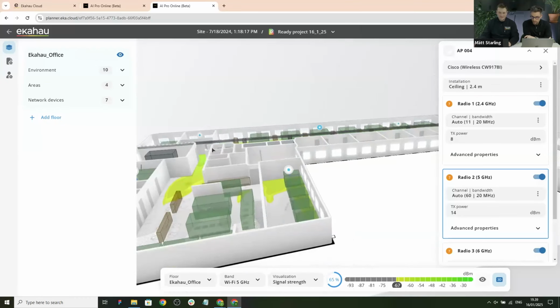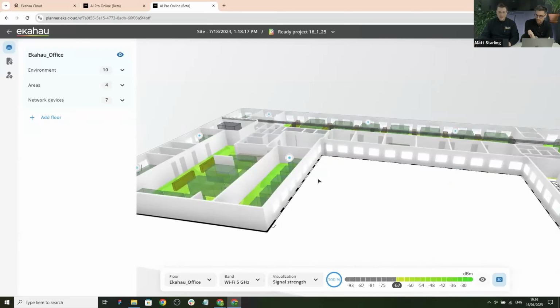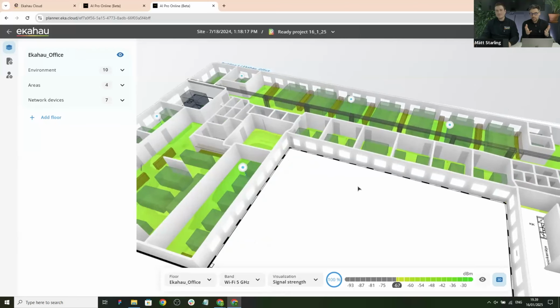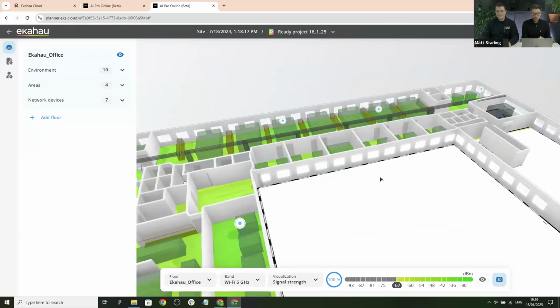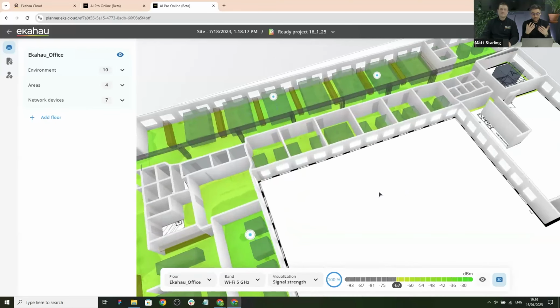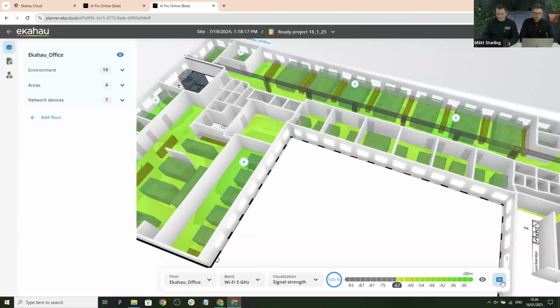A few people in the chat are asking when can they expect to see some of these features live in AI Pro? Is it going to be soon? I would say very soon. Within this month. Don't forget the 3D is already available, but the attenuation objects and things like that will be coming in the next few weeks. So really looking forward to deploying that, and we wanted to give you a bit of a sneak preview of some things to come, because I personally think it looks awesome. All right, thank you. Matt, back to you.